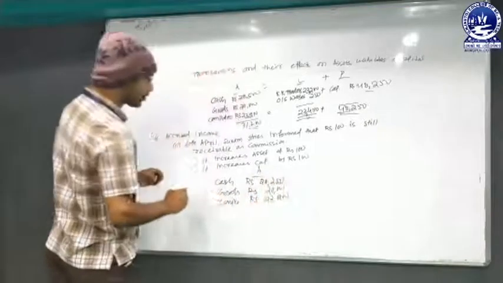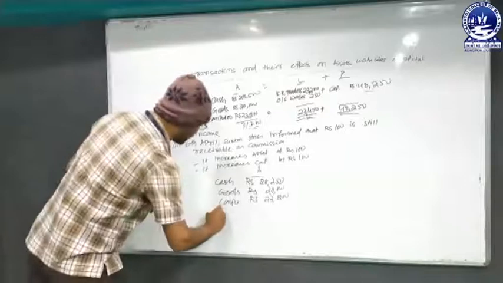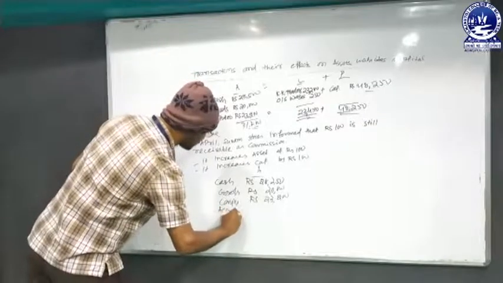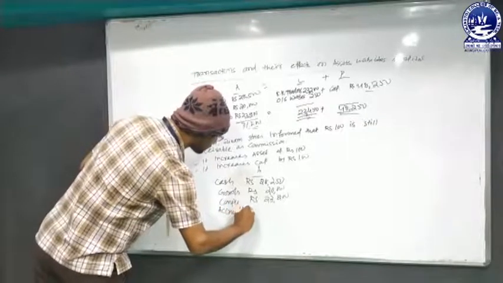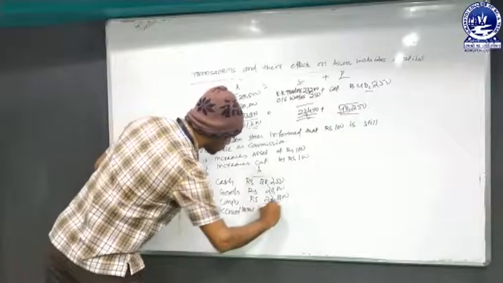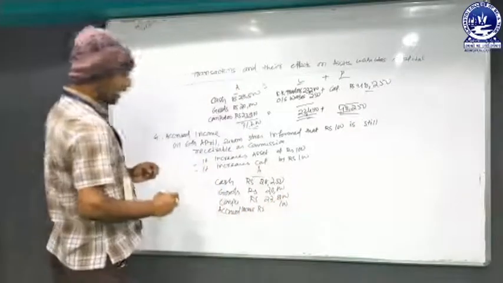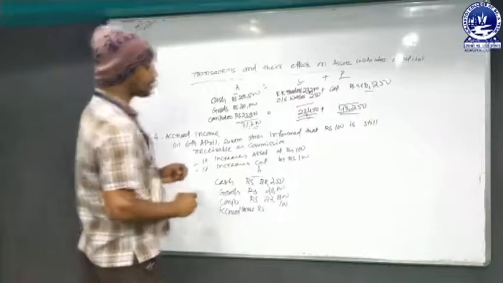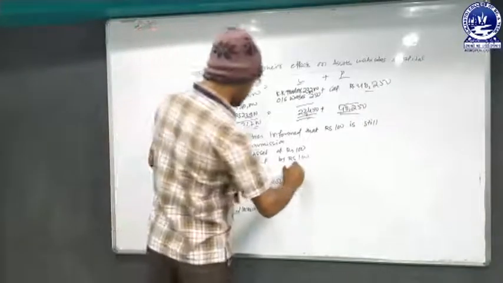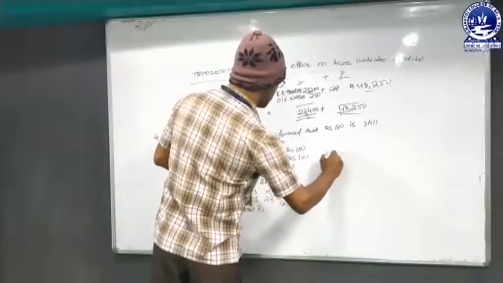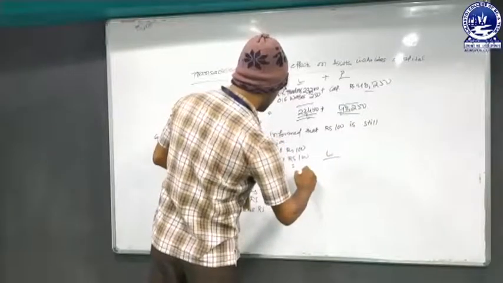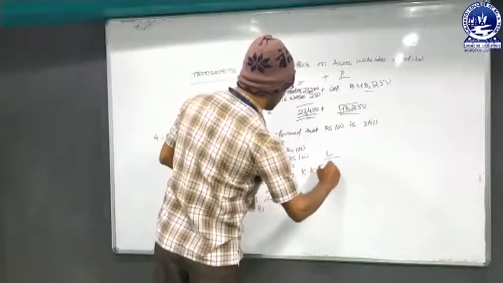Another item, a new asset, is accrued commission, as it is still receivable. So this is a case of an asset. The accrued commission increases by rupees 100, and the liabilities remain the same. That means KK Traders remains the same,